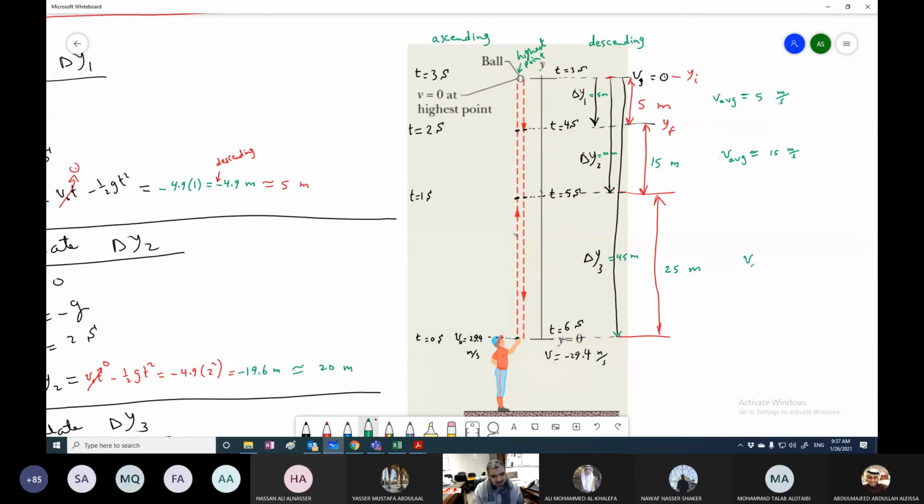Right. What is V average here in this second only? Approximately 25. Why? Because what was the speed here? About 30, right? And what is the speed here? 20. 30 plus 20 is 50, divided by 2, so approximately this can be 25 meters per second. This is the average speed. You see, the average speed is not the same, and this is why the object will not travel the same